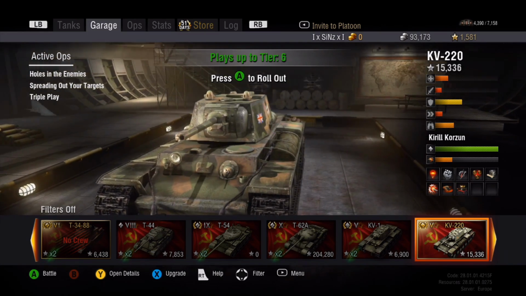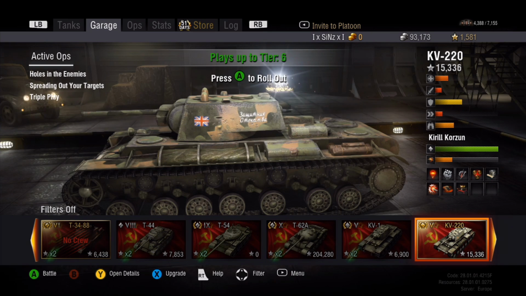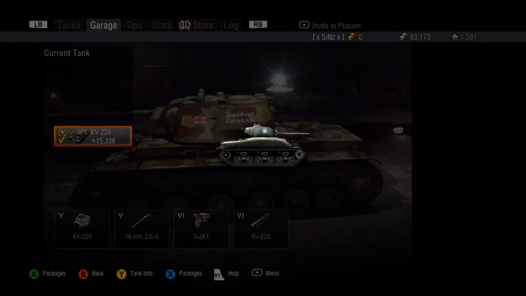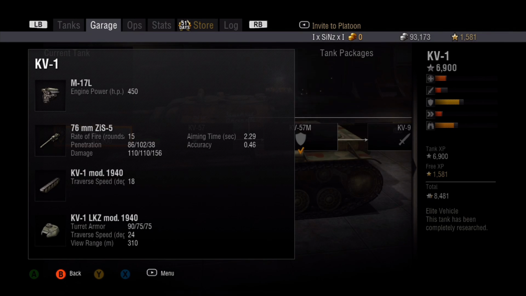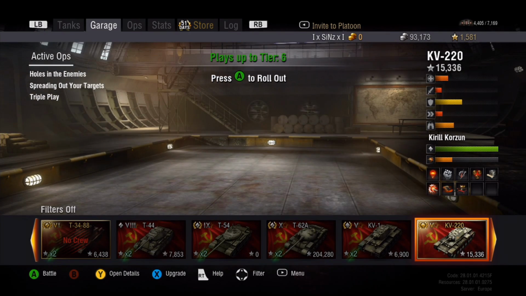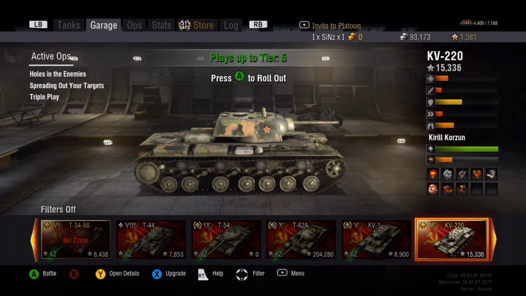You should penetrate this turret every time without issue. It's just the stock turret that you get on the KV-1. Taking a look here, yeah, so you see turret armor, 90mm on the front, 75 on the back and rear, exactly the same as the KV-1's. So you inherit the KV-1's turret and the KV-1's gun, which does make you have a very weak turret,